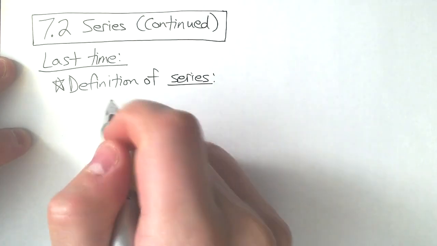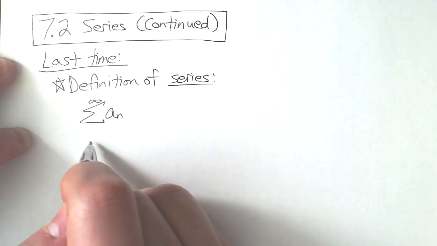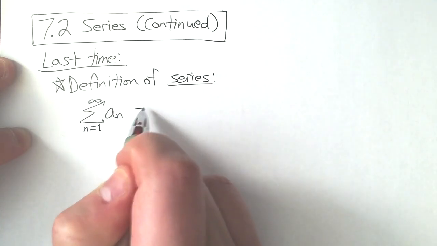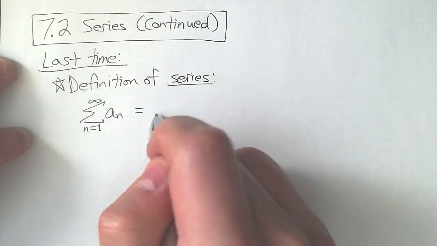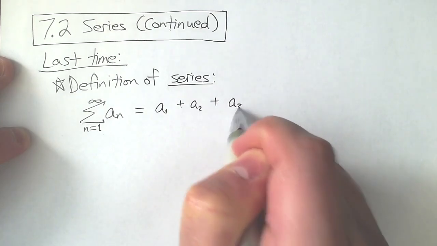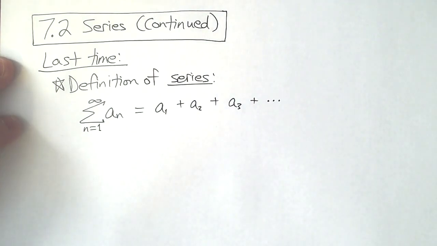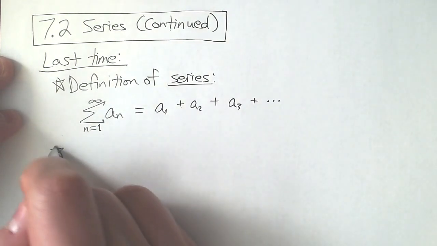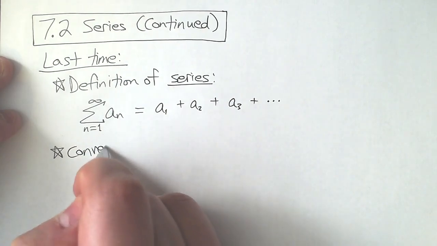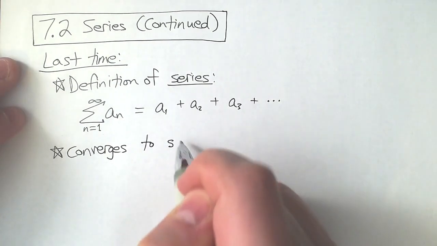And it's an infinitely long sum, and it could be written with sigma notation, which would look like this. And what it really means is A1 plus A2 plus A3, and so on. So it's an infinitely long sum. And then we talked about what it means to converge. We say that it converges to S